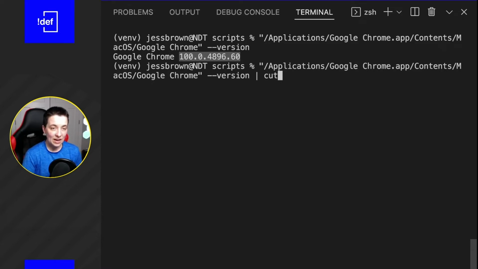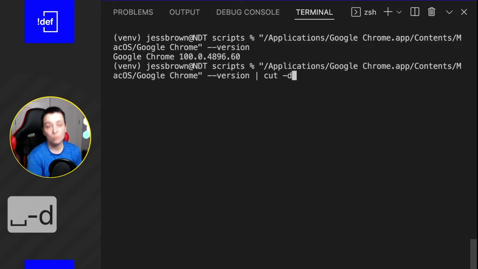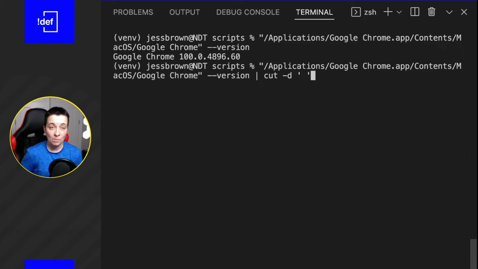So I'm going to say that our delimiter, using the -d flag, is going to be on that empty space. And the reason why we're just going to chop up this string, it's going to turn into 3 parts because there's actually 2 spaces here. So we're going to have Google, Chrome, and then the version, but that's okay because we can select specifically this